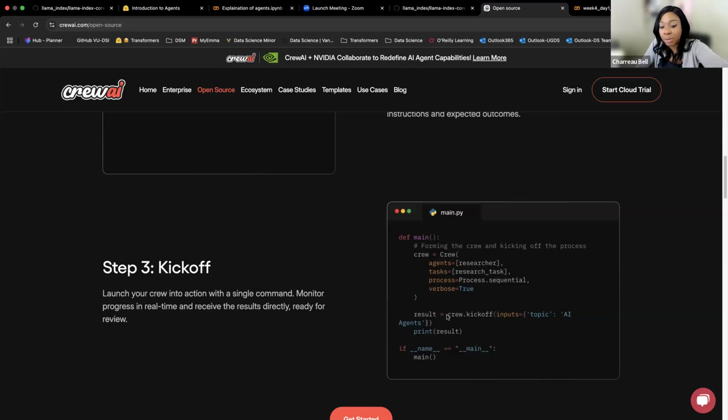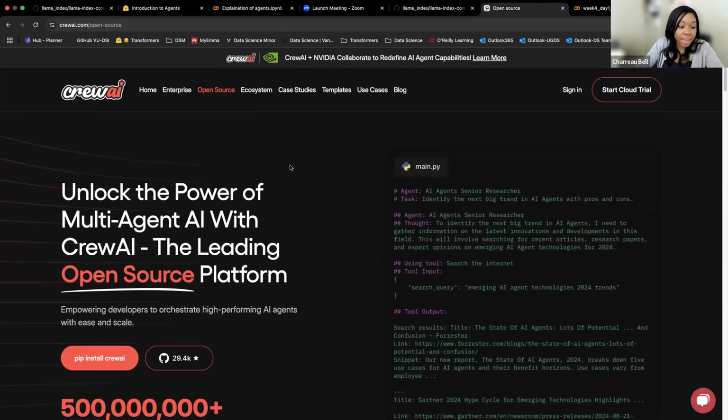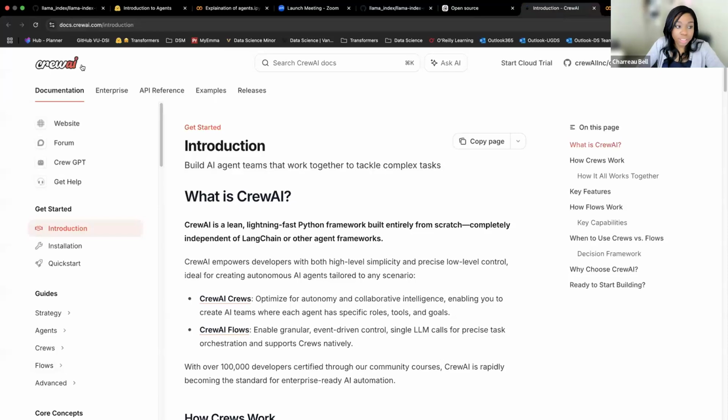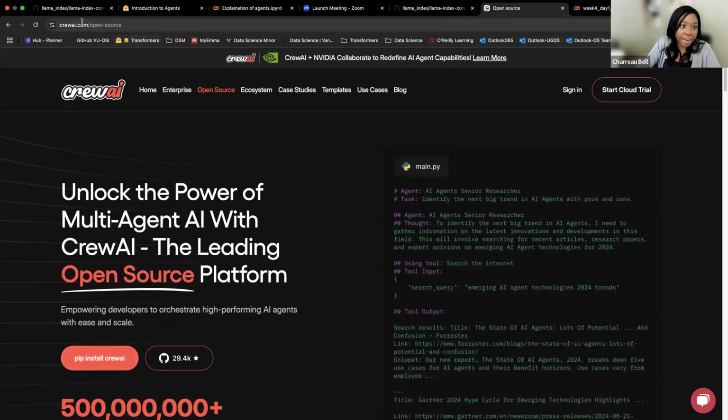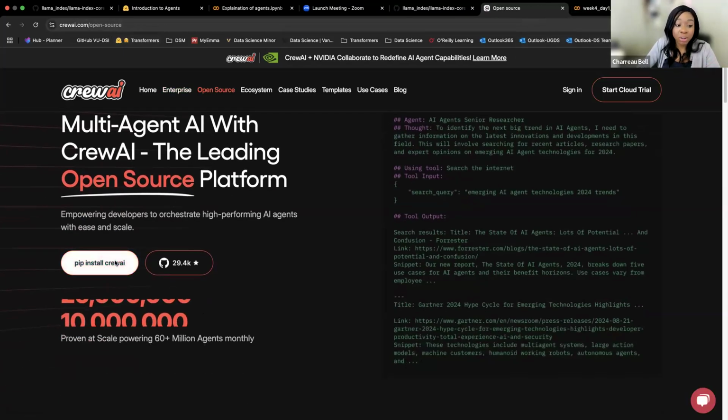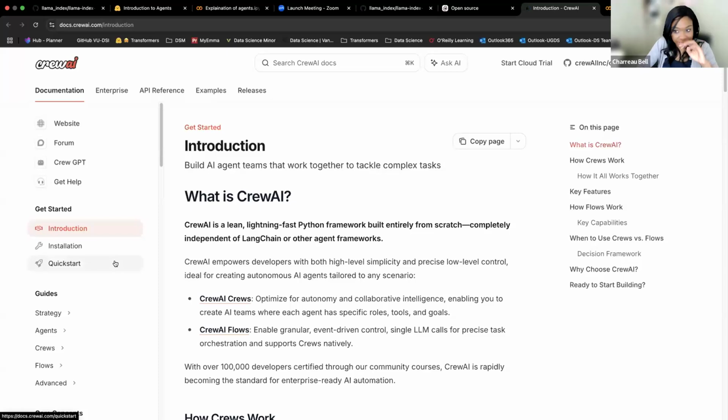Okay, so then we create our crew, and then we just start the crew. We pass in that topic, which goes to all of our tasks. This is what a crew is. This is what you can generally think of as specifying for your system. So let's actually look even a little bit more into this. Coming back. Oh, we can't go back. So when we were on CrewAI.com, we went to open source. After we went to open source, we're going to go to pip install crewai, and we're going to go into the details. Okay. Obsessed.